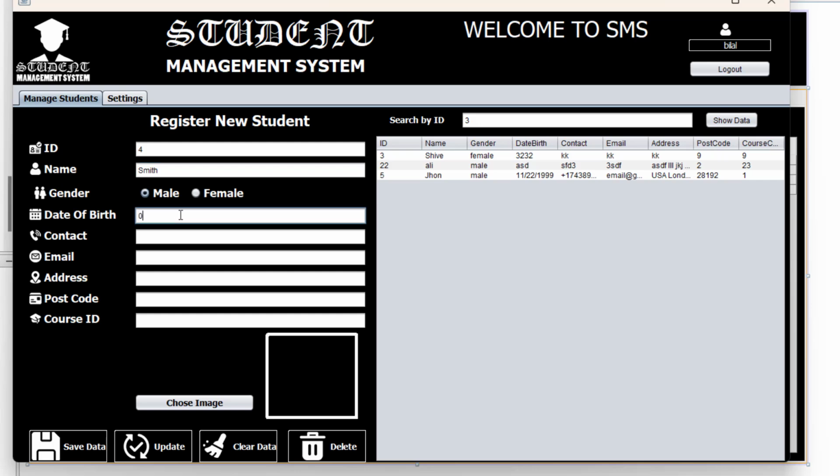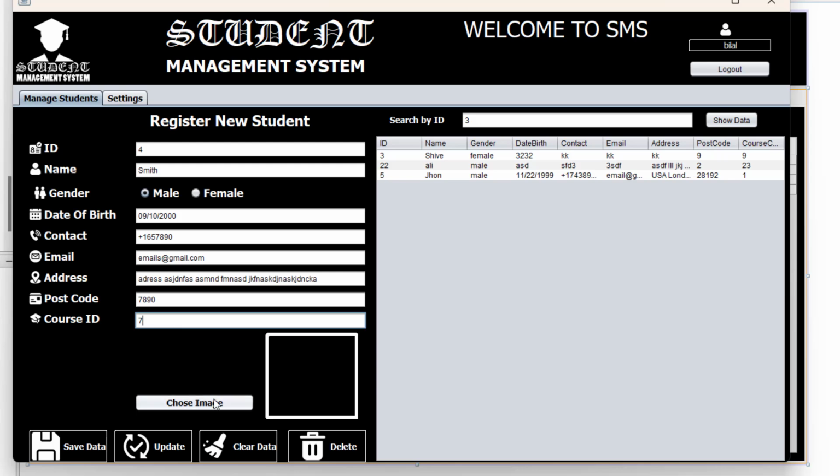Okay, 10 and 2, okay, 2000, and contact +1, and these random characters, email at gmail.com, and address. Okay, any address, like I type random characters here, and postcode. Okay, so this one is our postcode and course ID is 7,